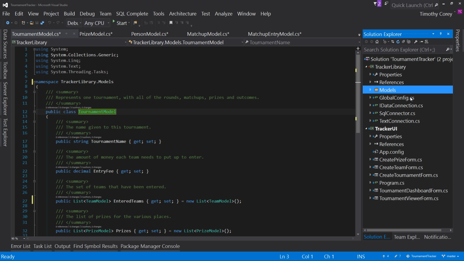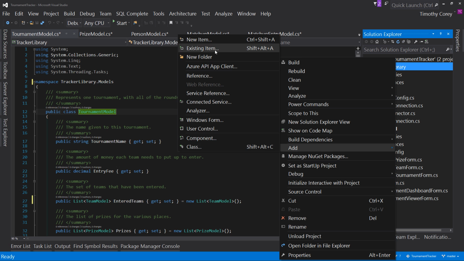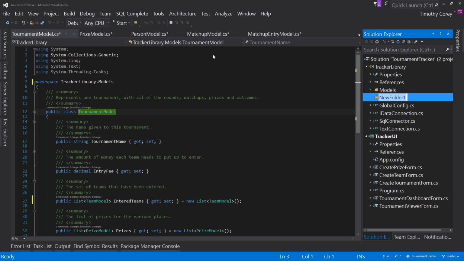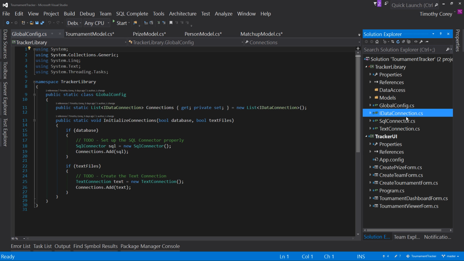And now I'm going to do a little more cleanup. I'm going to add another folder, and I'm going to call this folder DataAccess. These names aren't necessarily really important; it's just for me to know what this is for. So in this case, I'm going to move, and here's the debate, GlobalConfig. Do I move that into DataAccess? I say no, because it's not really about data access, it's about configuration. So I'm going to leave it alone, but I will move the IDataConnection, the SqlConnector, and the